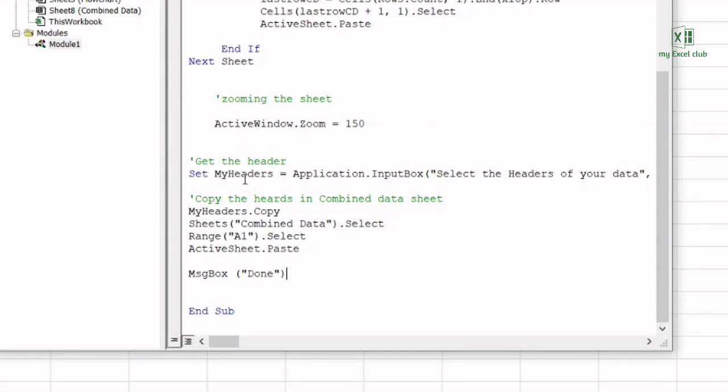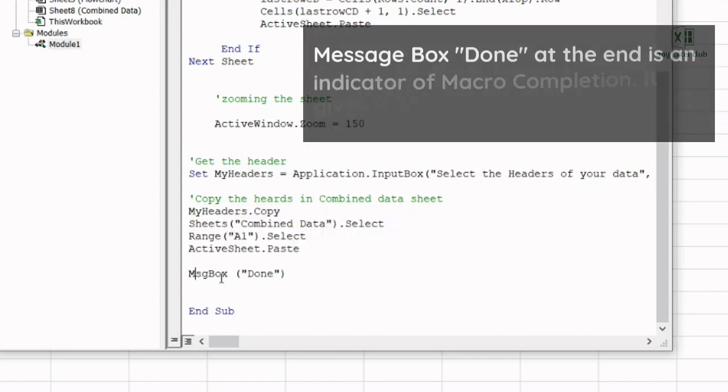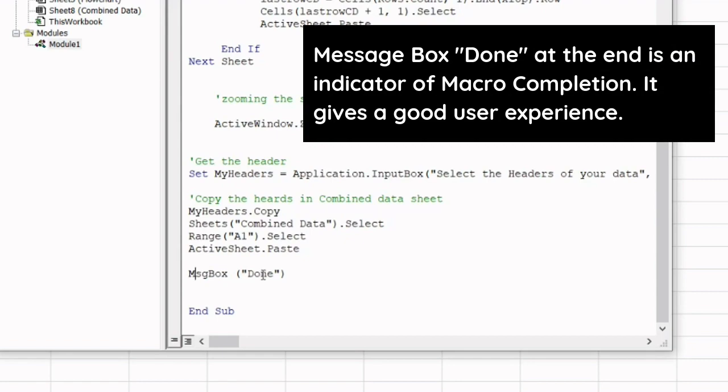So what this code is doing, it is creating a bucket named my headers, and it is asking the user, whoever the user will be for this macro, please select your headers, whatever you want in your combined data, and then I'm just copy pasting it in my combined data sheet. At the end, I'm also creating a message box which is telling that this macro is done.